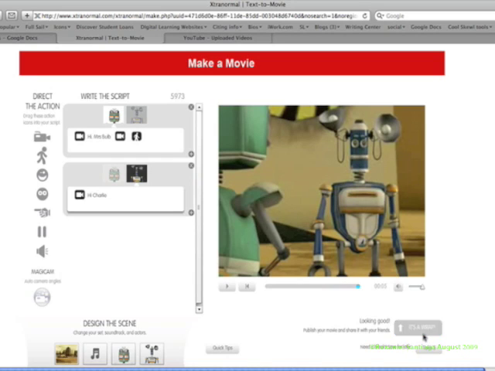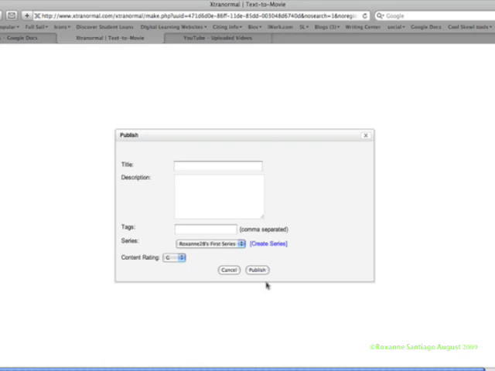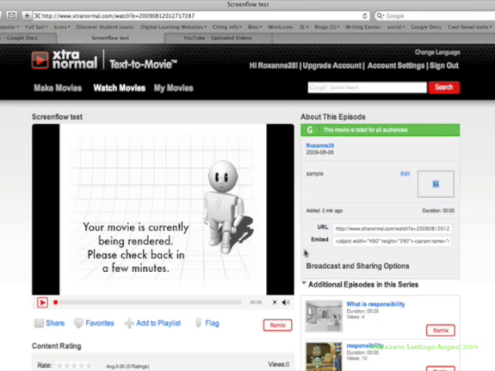There you go. Then you would say it's a wrap on here. You have to give it a title, give it a description, and just hit publish. When it's done publishing to your Extra Normal site, you may get this message on your screen that says that it is currently being rendered. All you need to do is just check back within the next 5 minutes, and usually it's posted